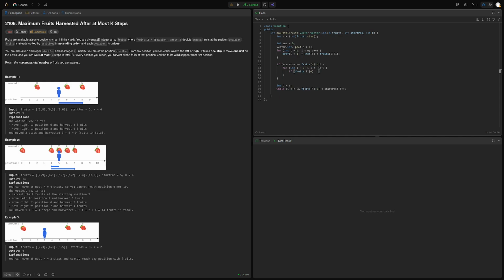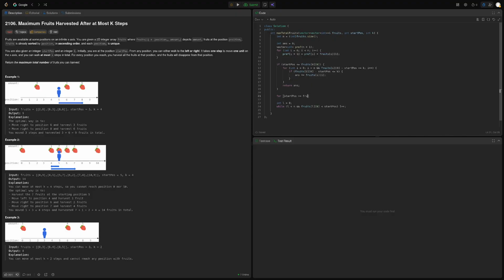So if the position of the fruit minus the start position is less than or equal to k steps away, then we add plus equals fruits, so we get the amount of fruit. Okay, and I can actually add this to the if, so and fruits I 0 minus start position is smaller than or equal to k. Great. And we return the answer, and then we do basically the same when